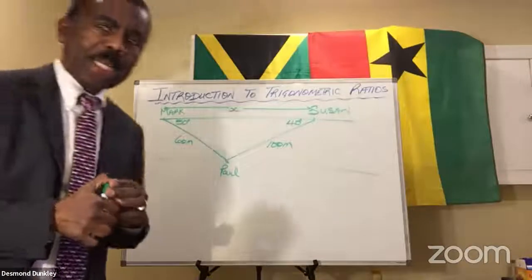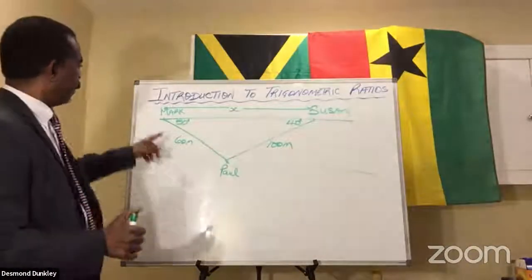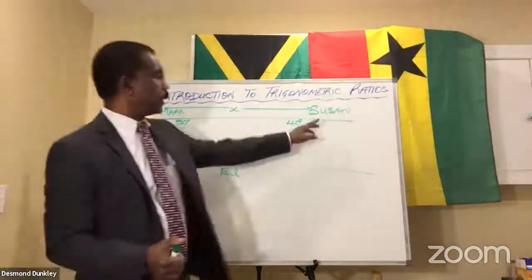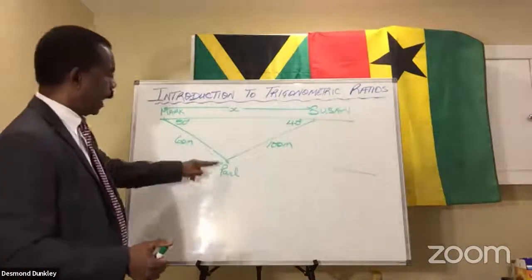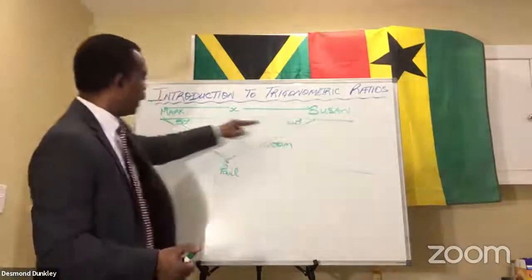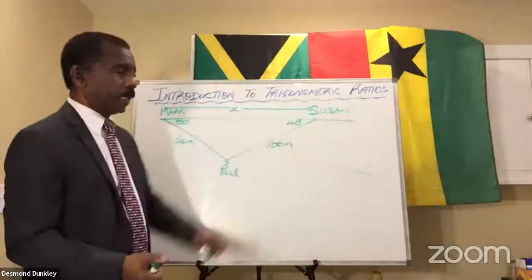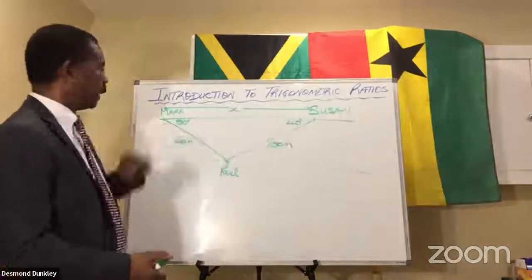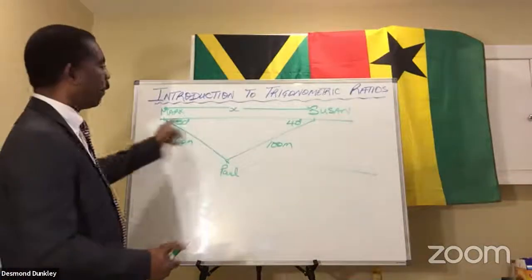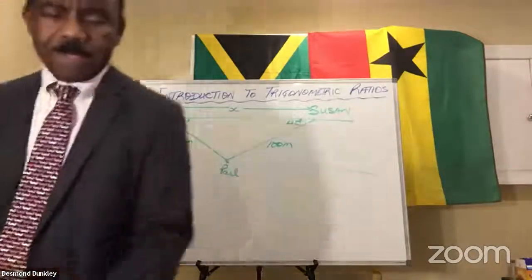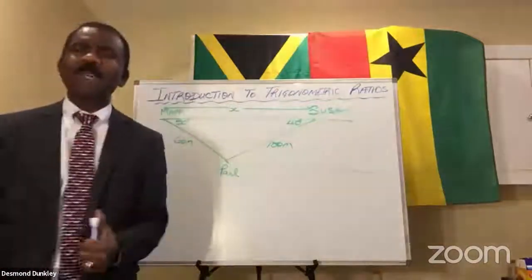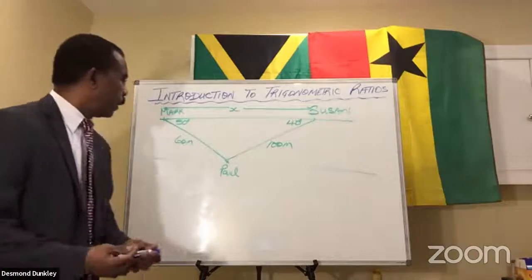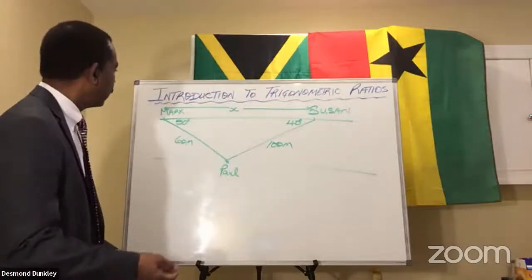So let's go again, let's check and see what we have. From Paul to Mark is 60 meters. From Paul to Susan is 100 meters. The angle between Paul, Susan, and Mark is 40 degrees. The angle between Paul, Mark, and Susan is 50 degrees. How far is Mark from Susan? So we are the problem solvers. So how do we do that? Well, first thing first, we do not have